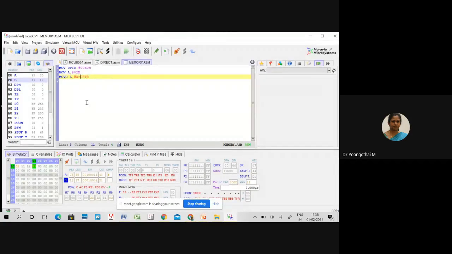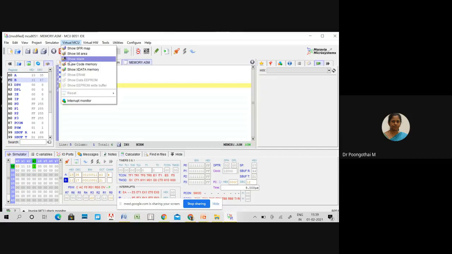Terminate the code. Okay. So go to your code memory area.